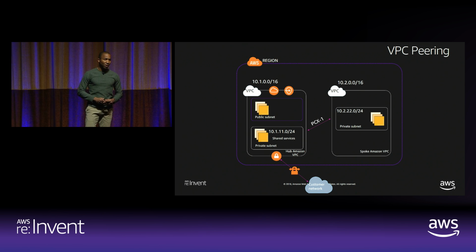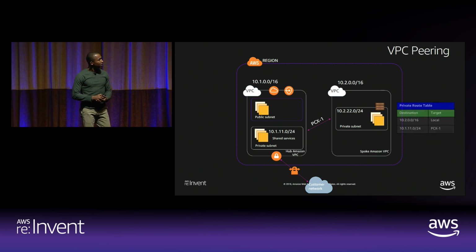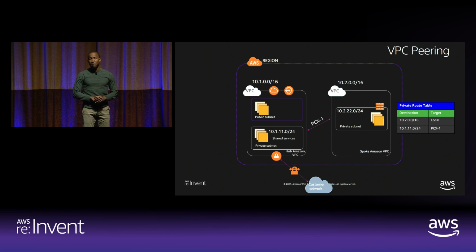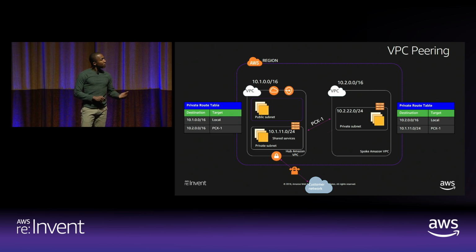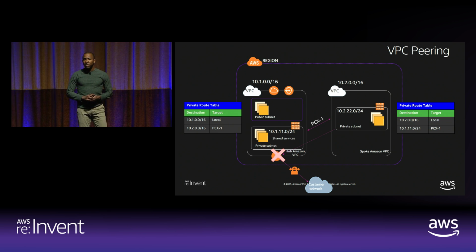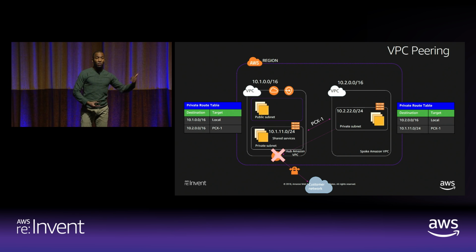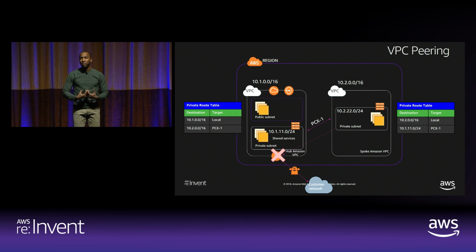How do I protect my workloads? Because I simply only wanted to give one subnet access to that VPC. And the answer is security groups. The second thing you realize is there's no transitive routing. So even though I have all these VPCs connected to the shared VPC, I can't send traffic through the shared VPC to another VPC. So I can't interconnect VPCs seamlessly.